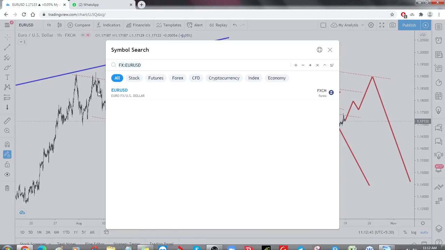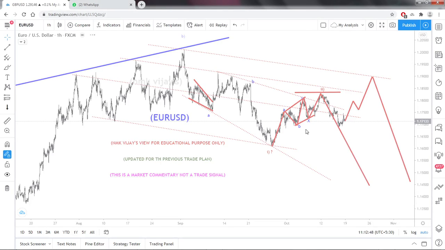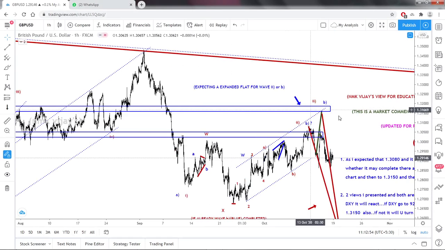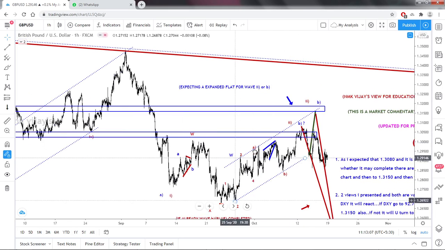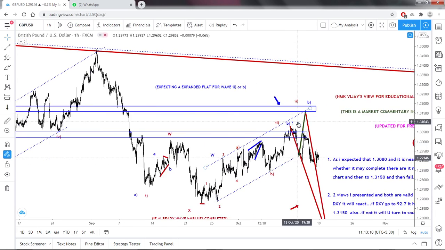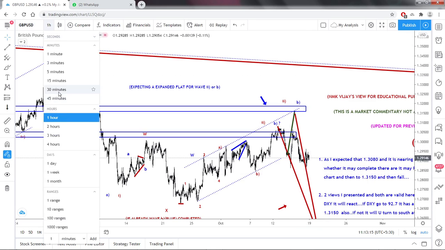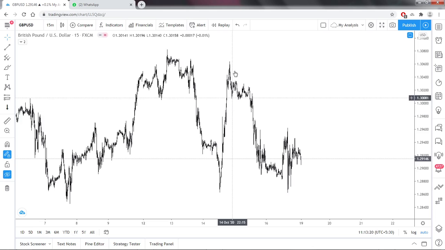So next we will move on to GBP USD. That is also doing the same. The more coiling, what I said, it will do a lot of corrections here, and then only it will fall. Not immediately, it won't fall. This thing I took as an A, so ABC is a W, X, and again I am expecting the ABC. So this is already completed. Again it came down, but I'll show you in the 15 minutes, as I hid all my drawings. This is an impulsive wave.